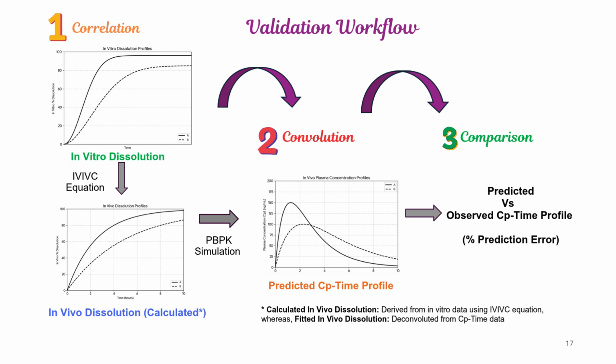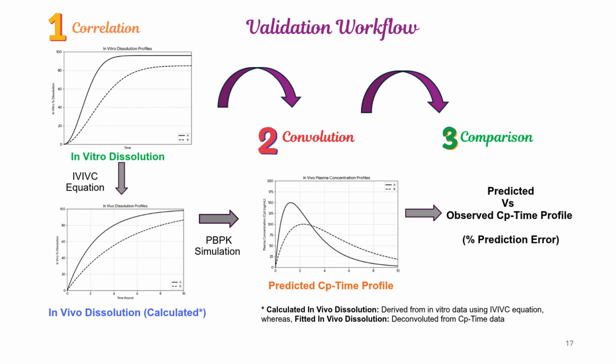An IVIVC model requires validation before use for regulatory purposes. The validation workflow follows 3 steps: correlation, convolution, and comparison. In correlation, the developed IVIVC equation is first applied to in vitro dissolution data to calculate the corresponding in vivo